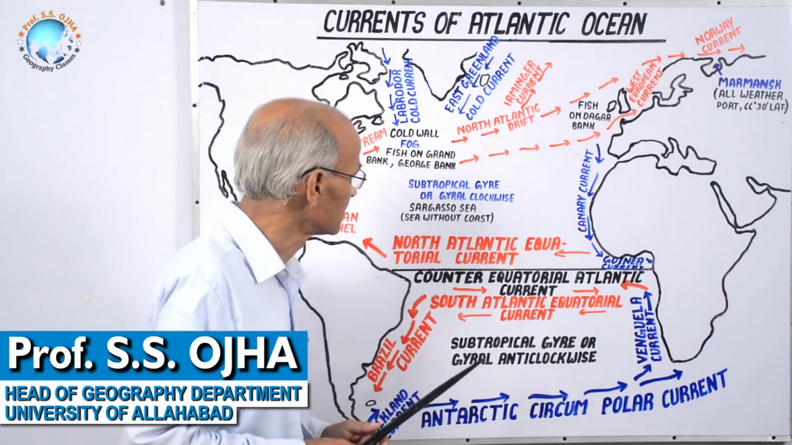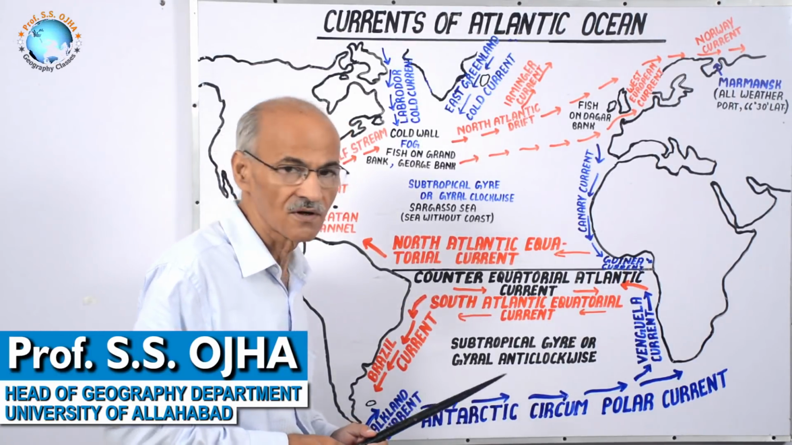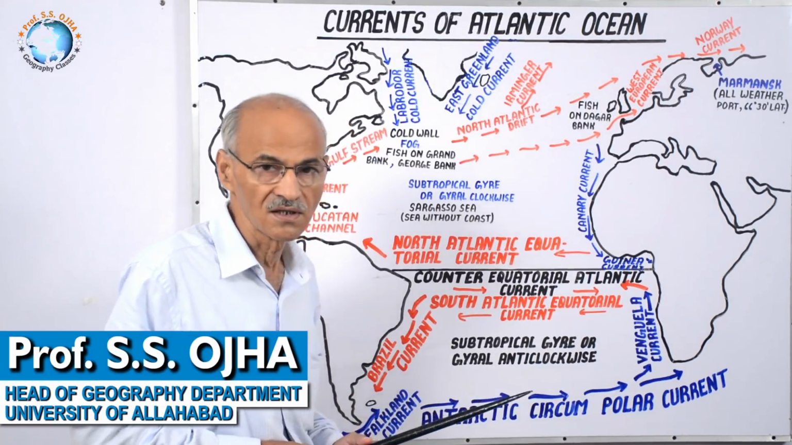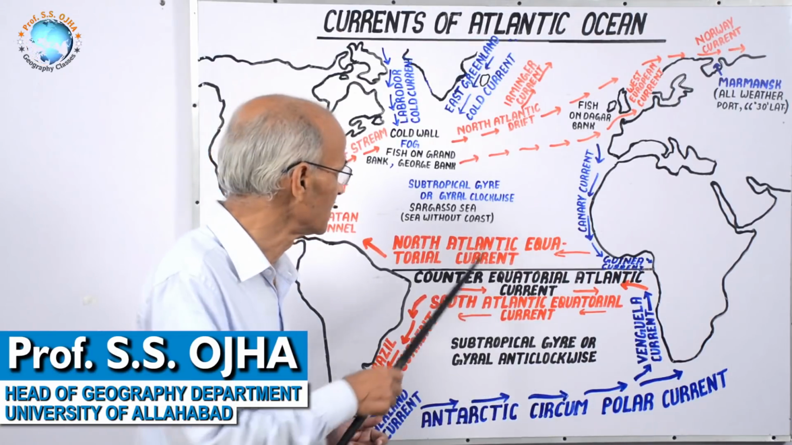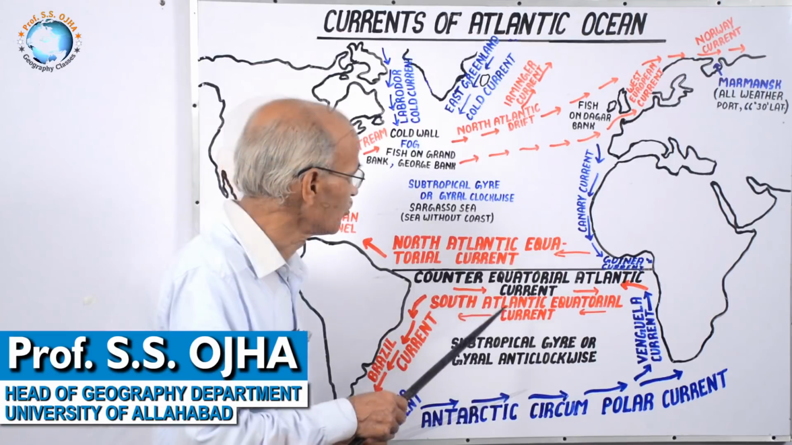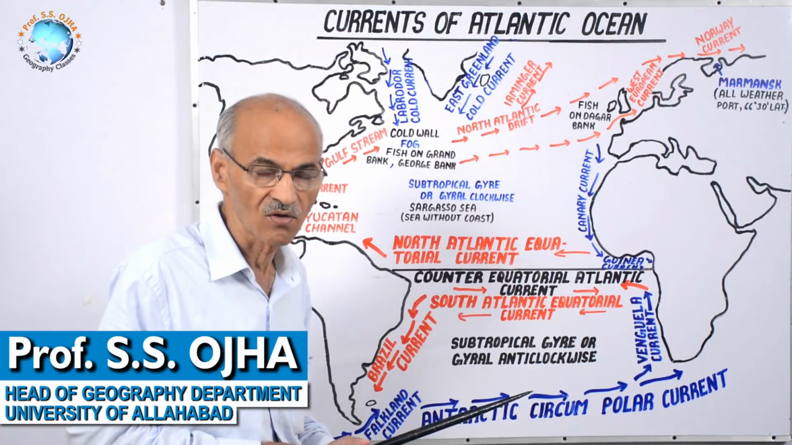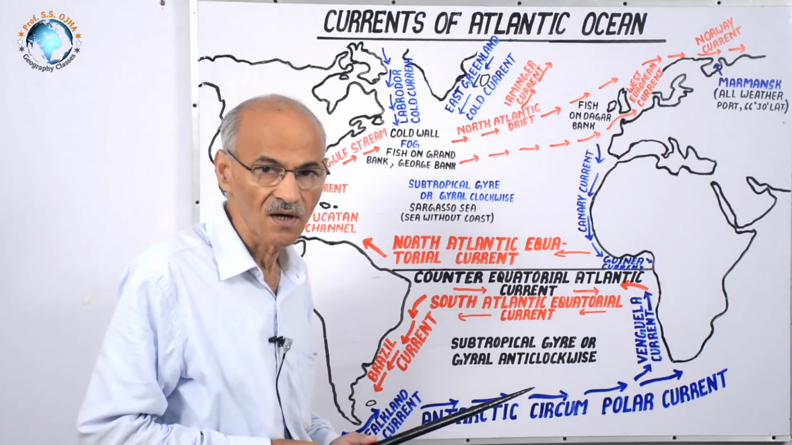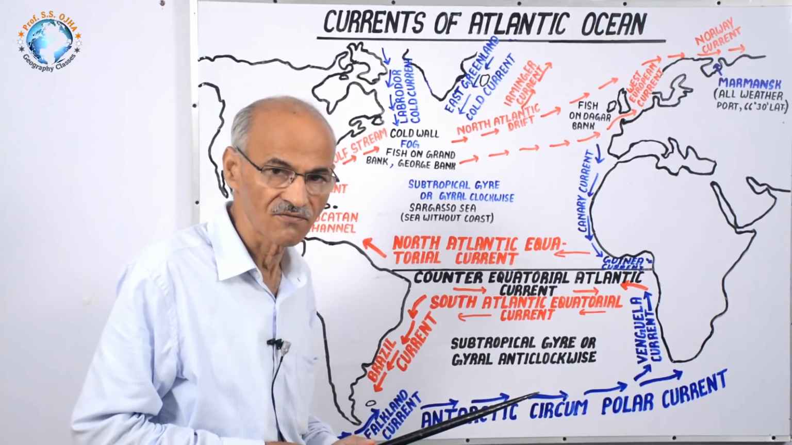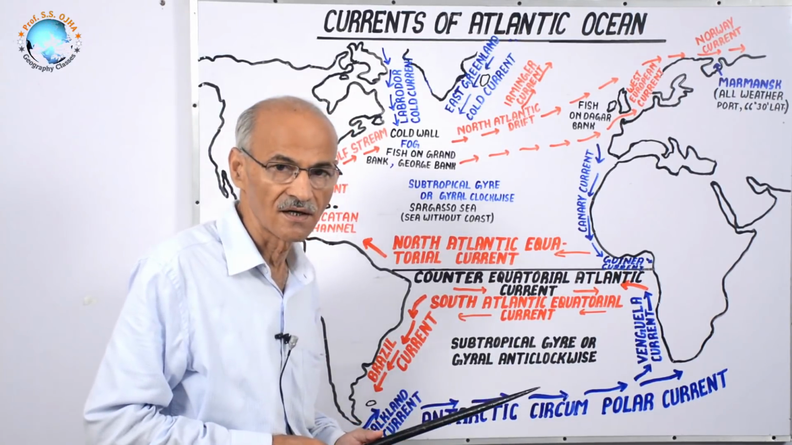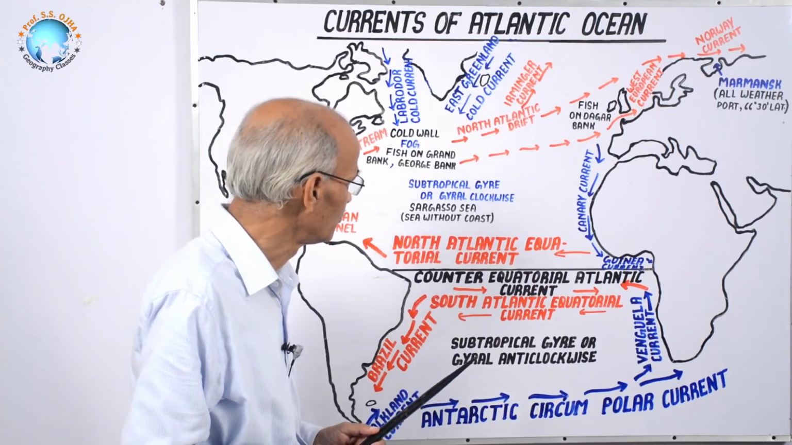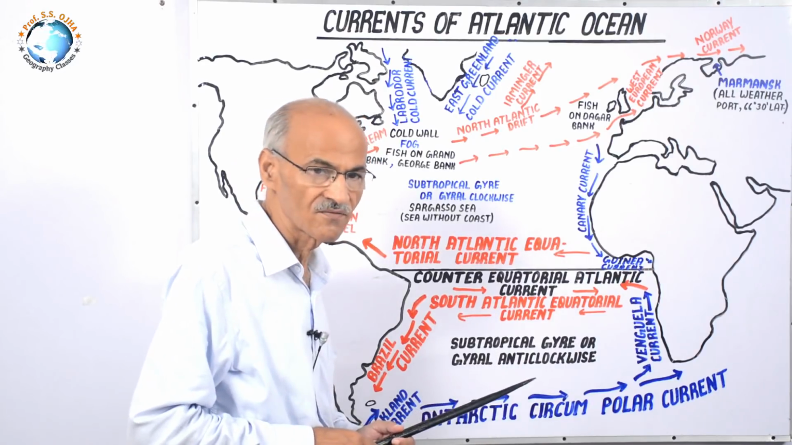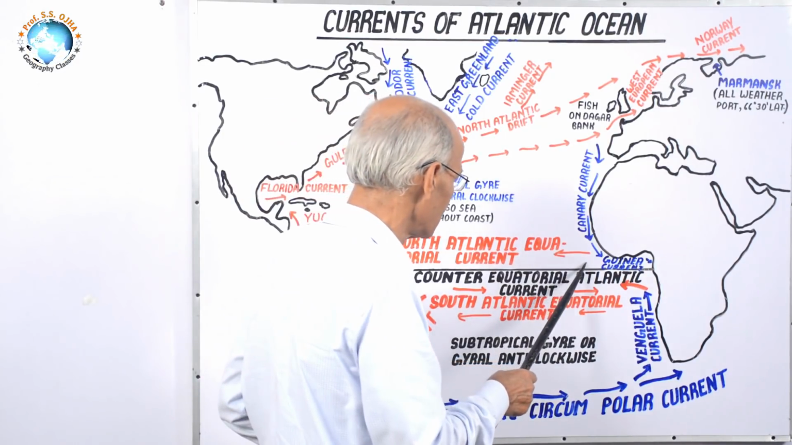Now let us study the currents of Atlantic Ocean. As you know, Atlantic Ocean is least affected by tsunami because earthquakes rarely occur in it, while Pacific is largely and frequently affected by tsunami. And this Atlantic Ocean is largely affected by currents and waves. To begin with the study of currents of Atlantic Ocean, let us begin from North Atlantic Ocean,